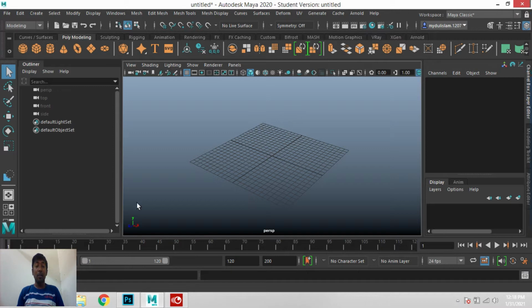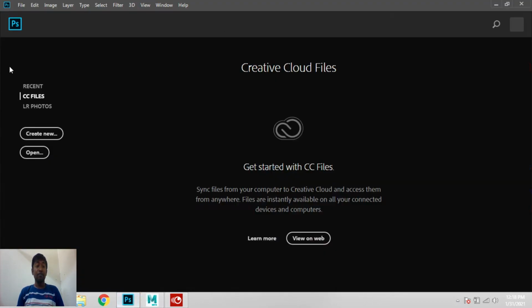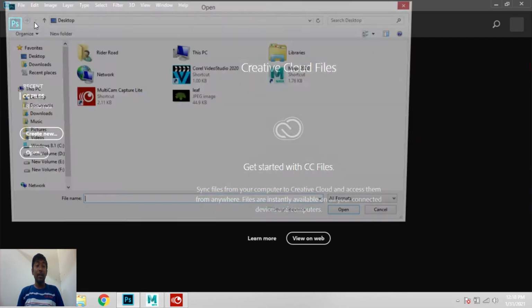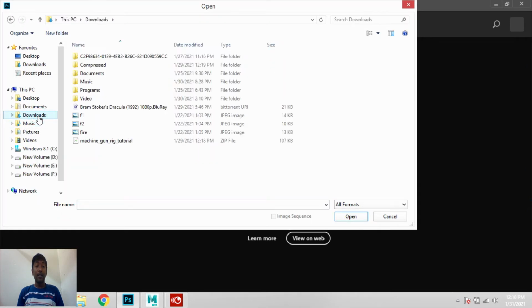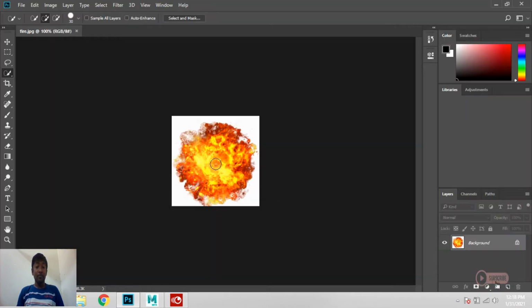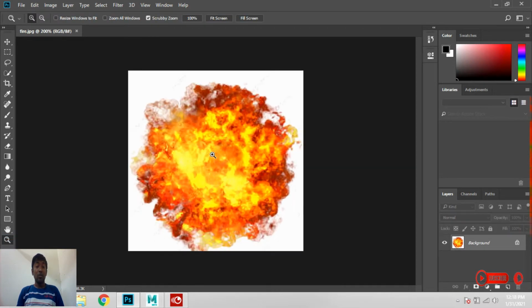First open your Adobe Photoshop, go to File, Open an image. I take this image. Zoom tool, zoom it slightly.